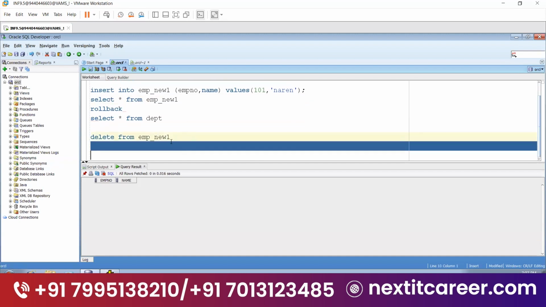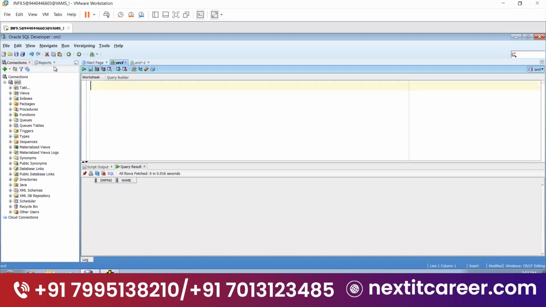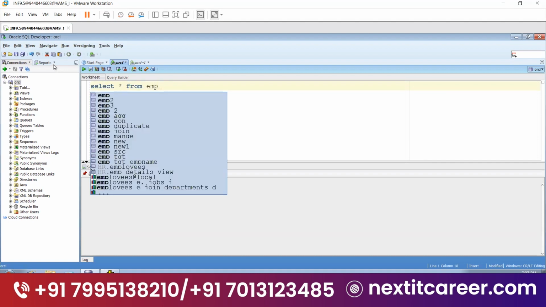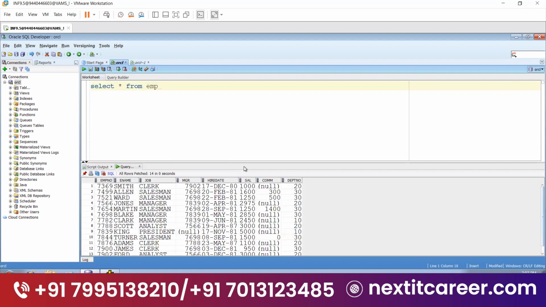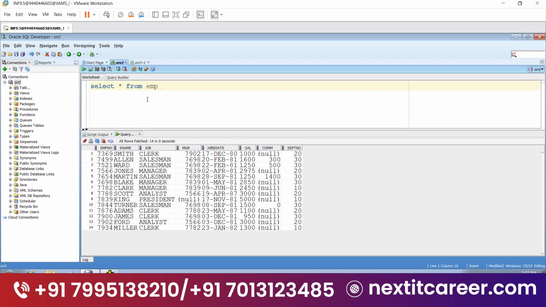So this is already connected, right? Select star from EMP. This table is already there. See, we have a lot of data. So if you want to get the data, select star from EMP where hire date